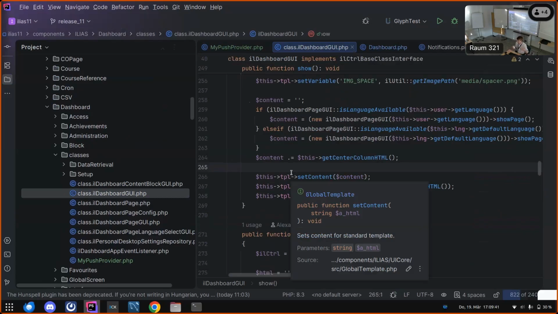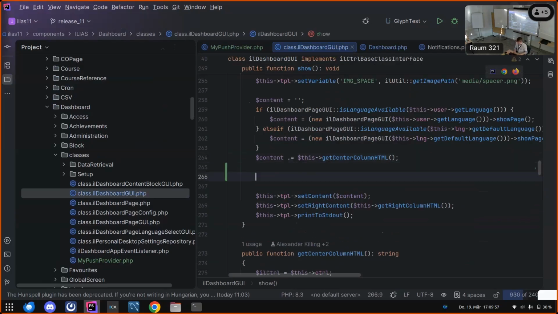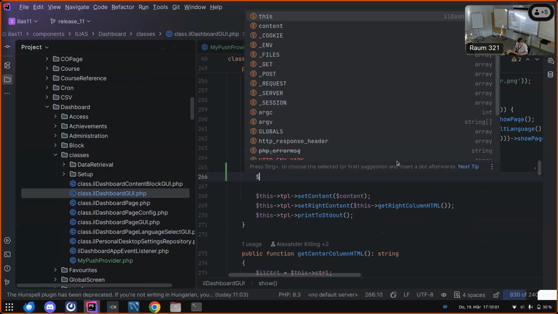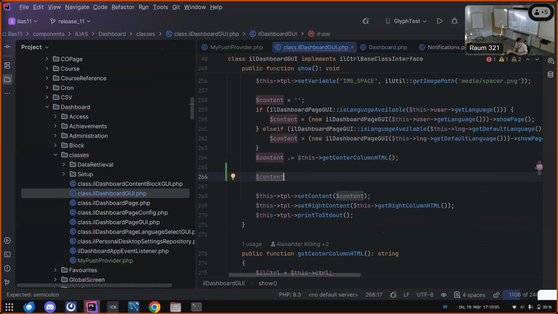You could trigger this notification, for example, also in the event handling that Fabian Schmidt introduced. Currently, I will take a more practical part for the presentation now. But as I said, this is nothing that has to be part of the whole provider thing. So I override the content in the dashboard notification GUI the way